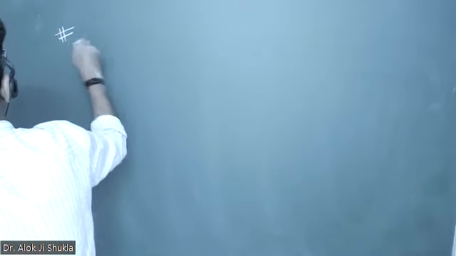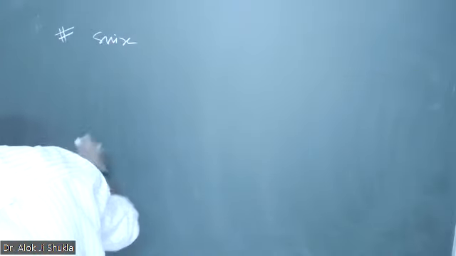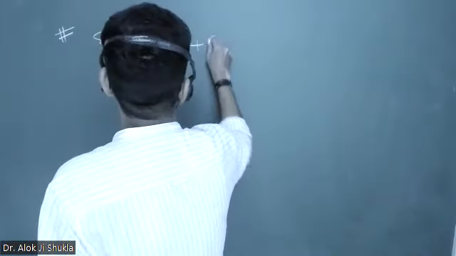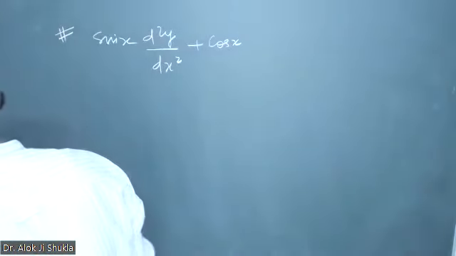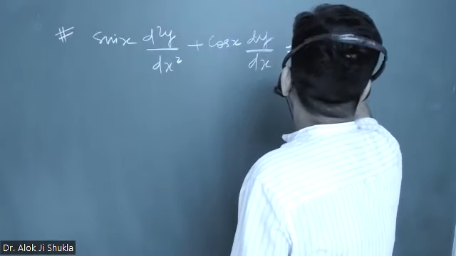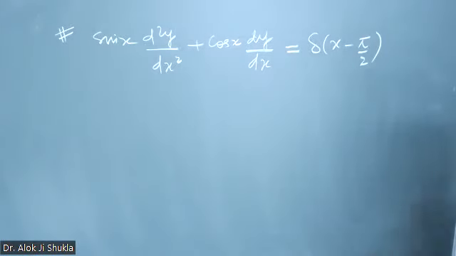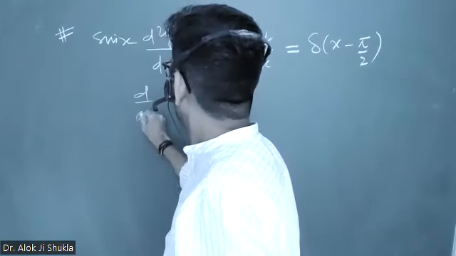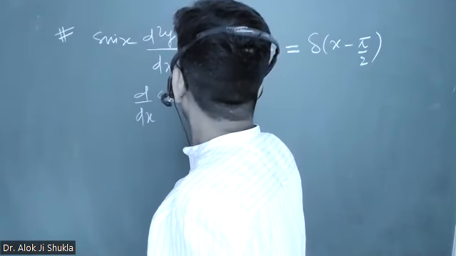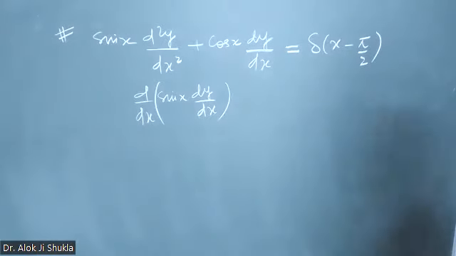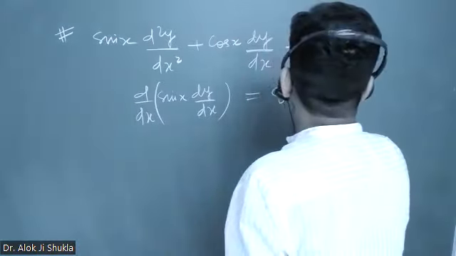नाउ वन इक्वेशन इज लाइक दिस, sin x d2y by dx2 plus cos x dy by dx is equal to delta function x minus pi by 2। अब ये भी देखो, वैसे ही लिखा हुआ है, इसका डेरिवेटिव दिख रहा है, d by dx of sin x dy by dx। अगर देखो मैं ऐसे लिख लूं तो क्या होगा, फर्स्ट फंक्शन डेरिवेटिव ऑफ सेकंड ये बन जाएगा, सेकंड फंक्शन डेरिवेटिव सेकंड टर्म, एंड दिस विल बिकम x minus pi by 2।